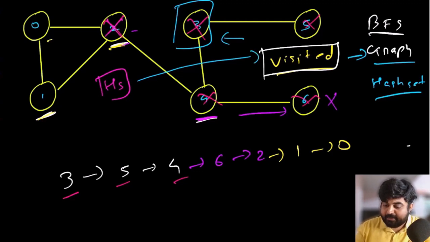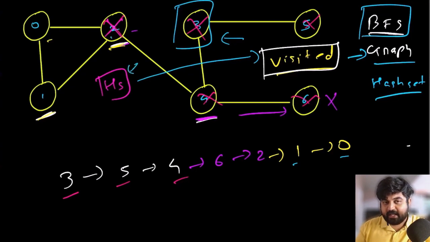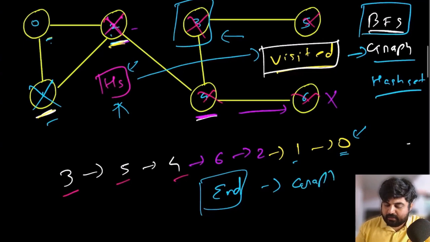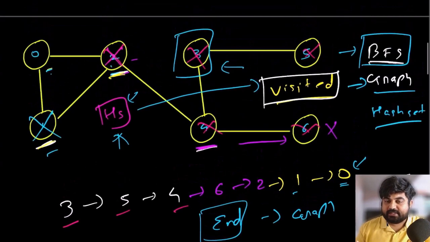Now again, coming back to our BFS pattern. So from this 1, we have 2 more possibilities, 0 and 2, but 2 is already visited inside the hash set, so we are not going to visit 2. And 0 we already visited. Now 1 has also been visited. Now from the 0, we only have 2 neighbors, 2 and 1, but since both are visited, we cannot go further anywhere, and we can determine that we have reached the end of our traversal for our graph. And this is how the breadth first search is going to work inside a graph.